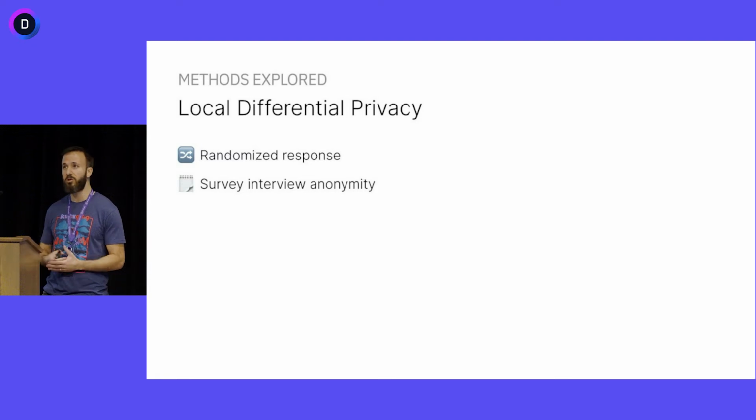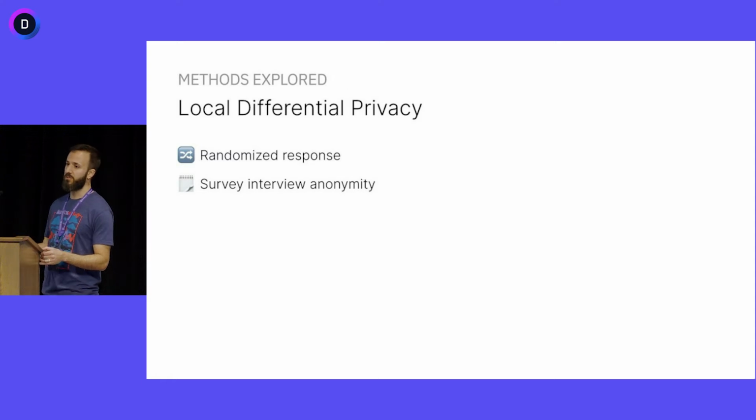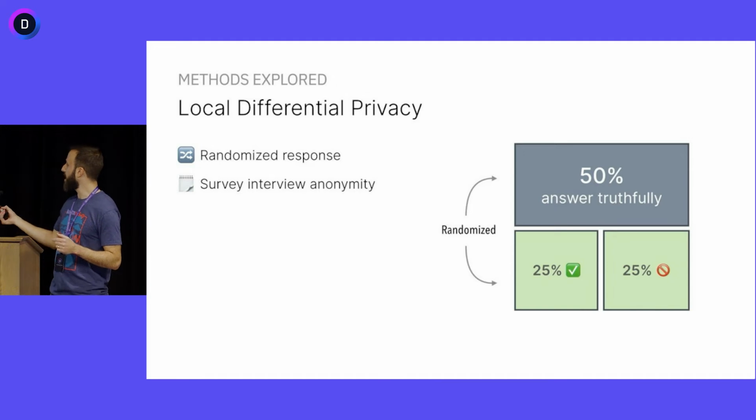And so local differential privacy follows the same definition of differential privacy as global, but it's applied to the whole data set. And so the classical example of this is called randomized response, and the concept is that you want to offer plausible deniability to a survey respondent when you're asking them for information on a sensitive topic. So the way this works in practice is essentially you flip a coin, and then depending on the results of the coin flip, the person will either answer truthfully, or you flip the coin again and then randomly enter yes